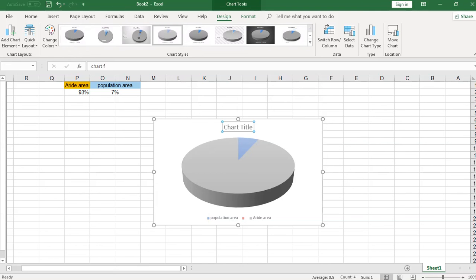Chart of the relation between the arid area and the population area in Egypt. It's very important in the Capstone project, which is related to the arid area and population gradient challenge. So we can